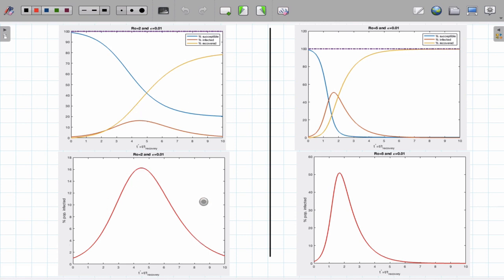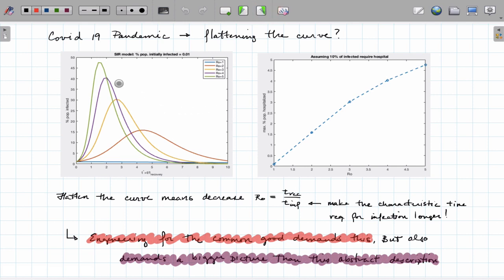It's true, this curve is lower than this curve. What's not clear is that by spreading out the infection time, so to speak, and making R naught a smaller number, we actually save some people from getting infected. And that means that the area under these curves is not exactly the same. So going back to our initial answer, this is really doing what it means to flatten the curve in terms